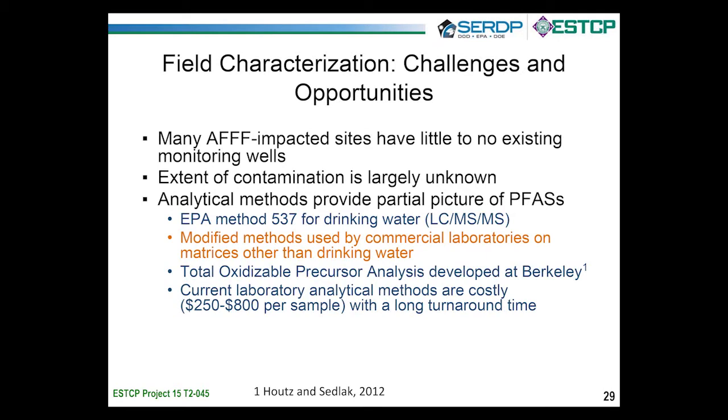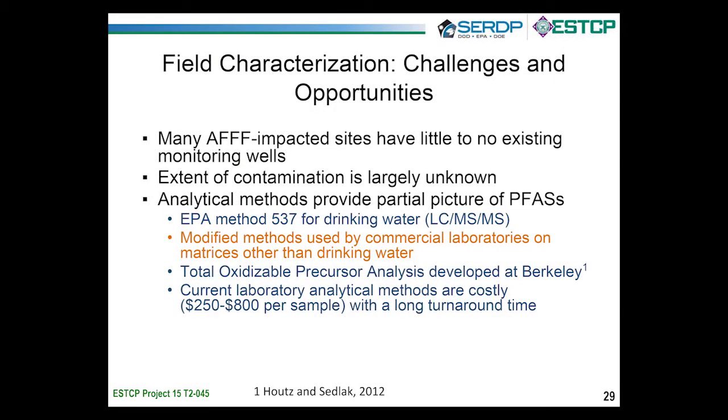The analytical methods that we have at our disposal, primarily EPA method 537, which is a drinking water method, and it's the LC-MS method that you heard about from Jennifer, only give us a partial picture of the PFASs that are present. You heard from Chris and Jennifer that there are over 300 PFASs. EPA 537 gives us a snapshot of the nature of contamination because we get information on 12 to 16 compounds